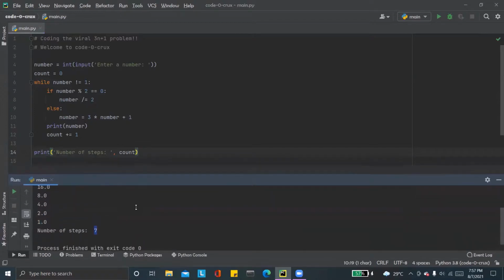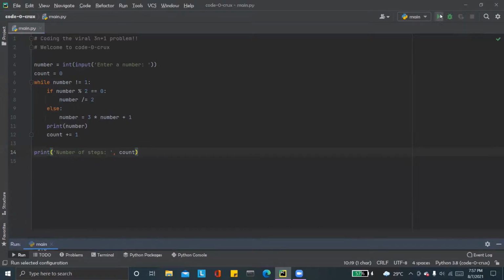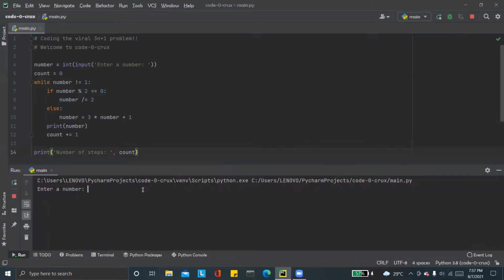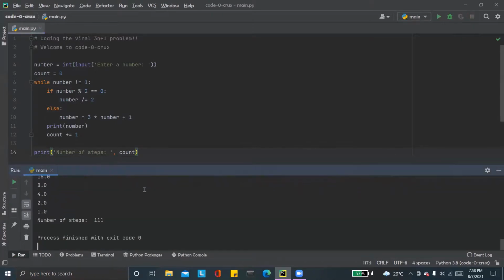Now we will see something interesting. We would be playing around with the game a bit, and we would show you when the number is 27. You would be amazed by seeing that there are 111 steps in the sequence. But the more amazing part is it not just has 111 steps, but it also reaches a peak value of 9,232. Wow. A small number like 27 reached up to 9,232, and again it terminated back and reached the value 1.